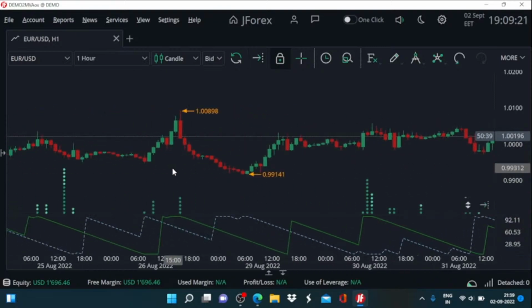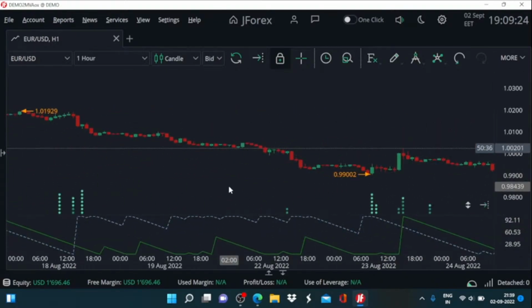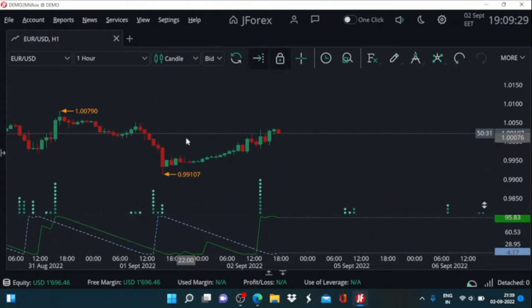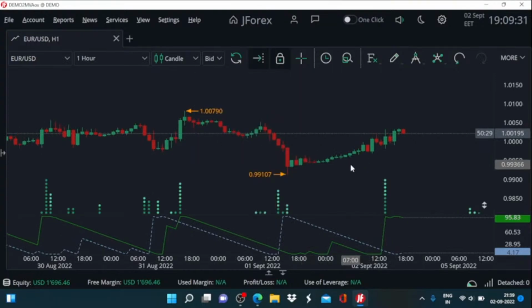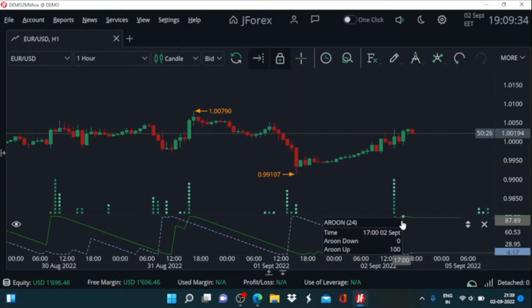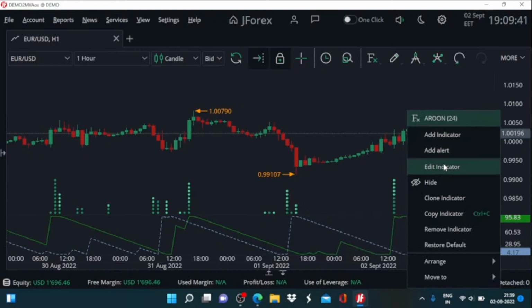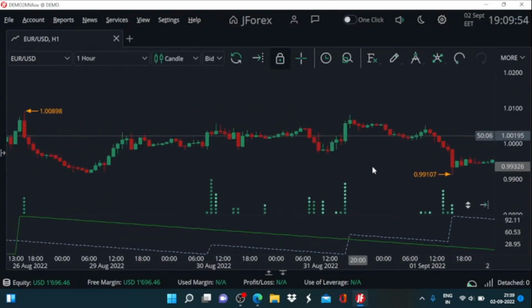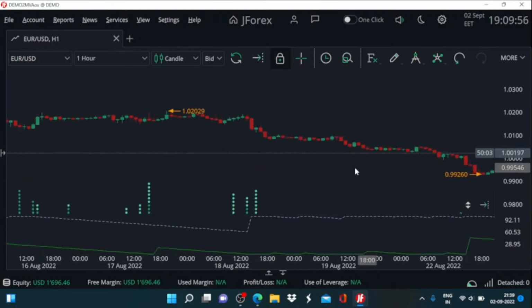So the signals are going to be generated a lot less frequently compared to what we were observing when we were using the lower time frame for the calculation of the Aroon indicator. So now it has shifted to higher data points. You can increase or decrease this simply by opting for this time grid. You can even make it 1 week. So all you need to do is take 120 hours' worth of data,